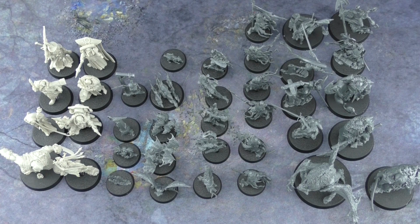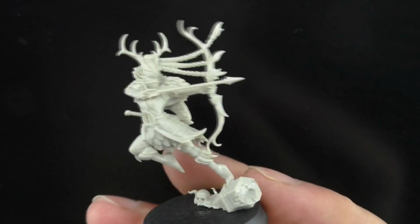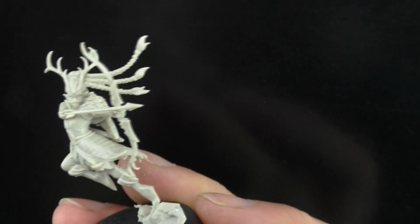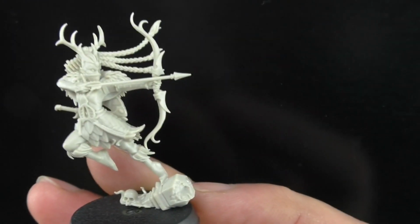So that's all the hostiles covered. Now we're over into the hero models. And much like Blackstone Fortress, the other Warhammer Quest game, the hero models come in all shapes and sizes. There's a really good variety in there. The names are fantastic, and I'm not going to pronounce them well, but I'm going to start with Qualathus the Exile. Qualathus has the whole wood elf vibe going, the antlers coming into the head, the braided hair, the incredible